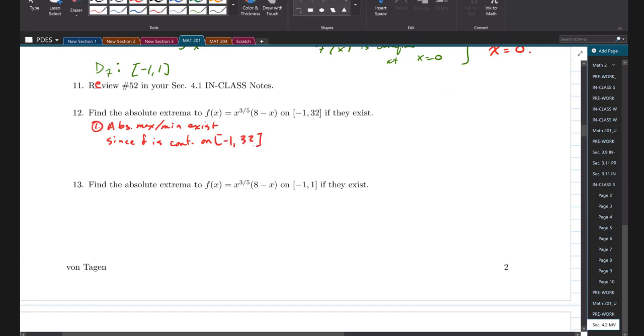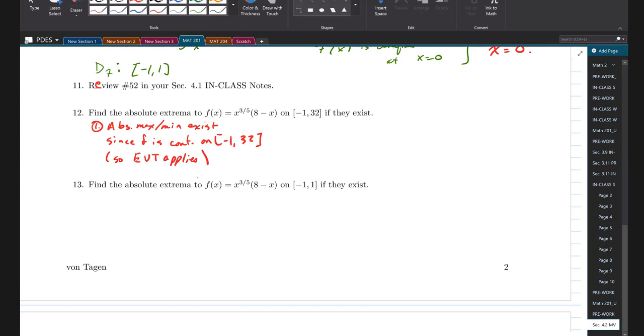What do I mean by that? So the extreme value theorem applies. Again, if you're going to go looking for a needle in a haystack, it's always good to know the needle's in there. And the extreme value theorem guarantees that we'll be able to find an absolute max and absolute min. Now, where could they be? They could either be at the critical numbers,